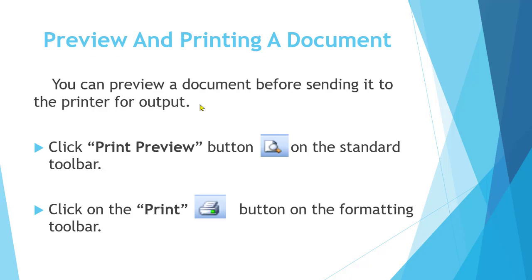Students, first of all, you create a document, then we edit that document, and then we apply some formatting options on it. Now our document is ready to print. But before printing a document, we want to take its print preview. The print preview button, which is available on the standard toolbar, shows how our document looks after printing. We can easily take a print preview of our document, and then by clicking on the print icon, we can easily print our document.